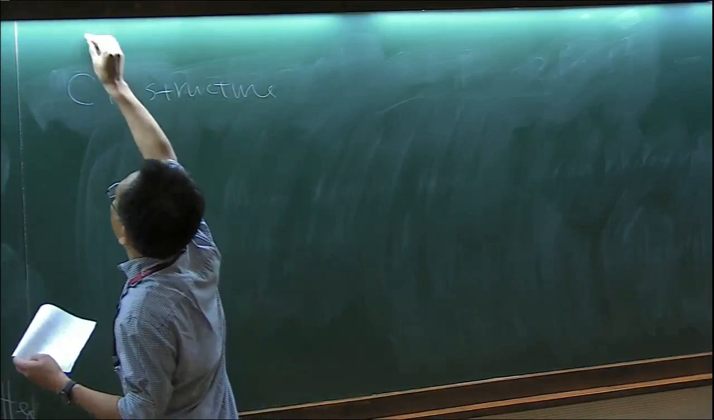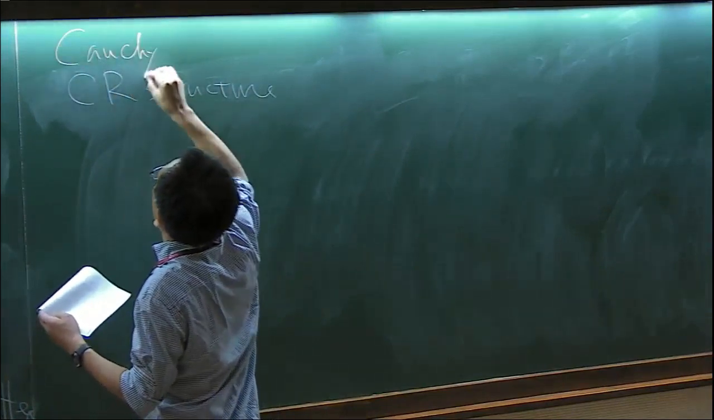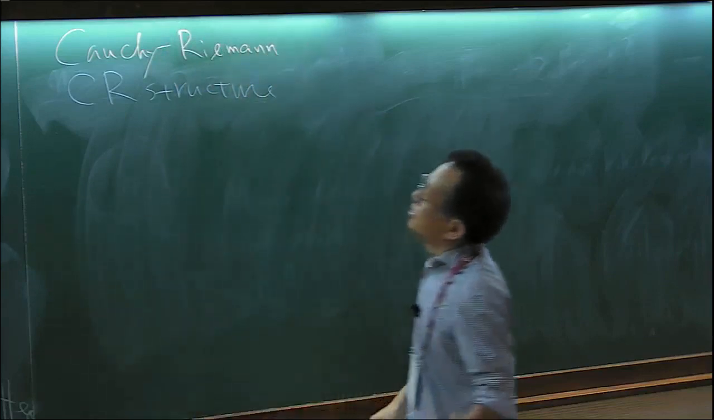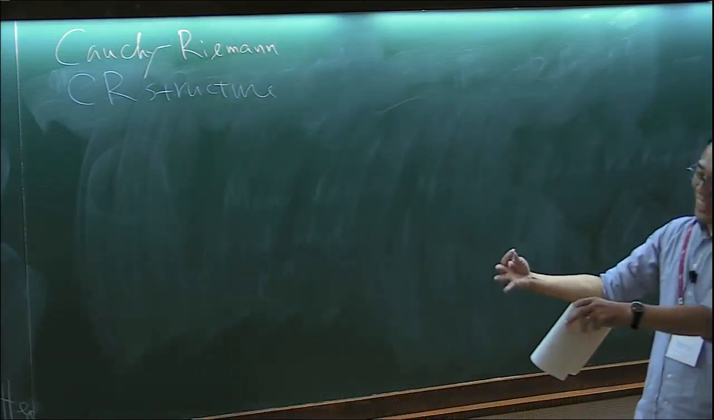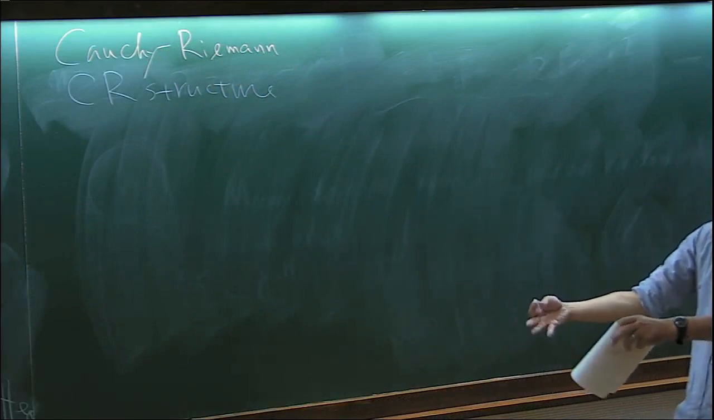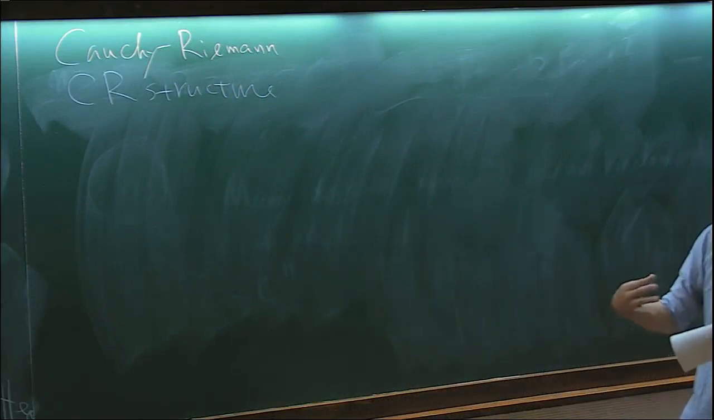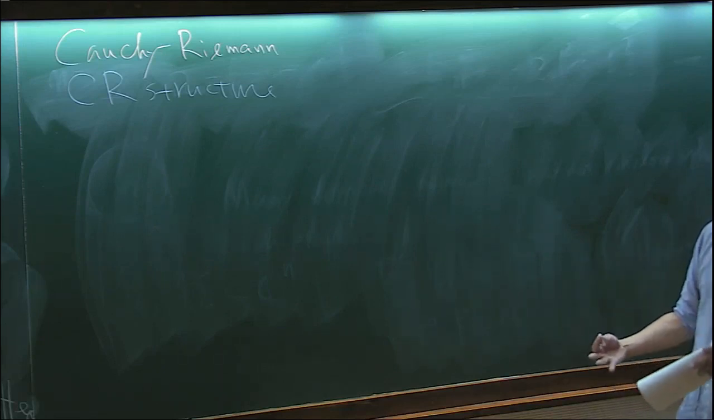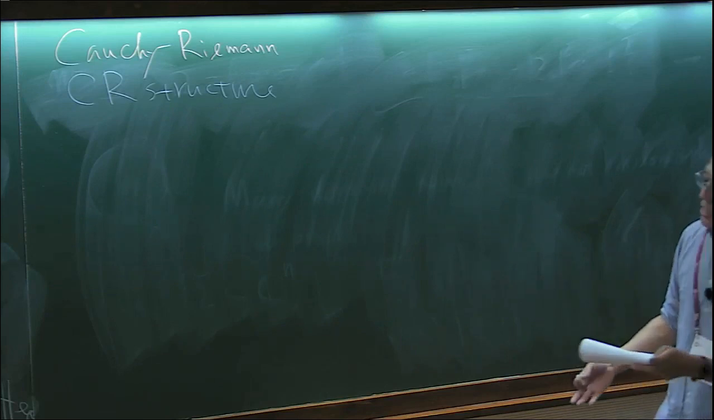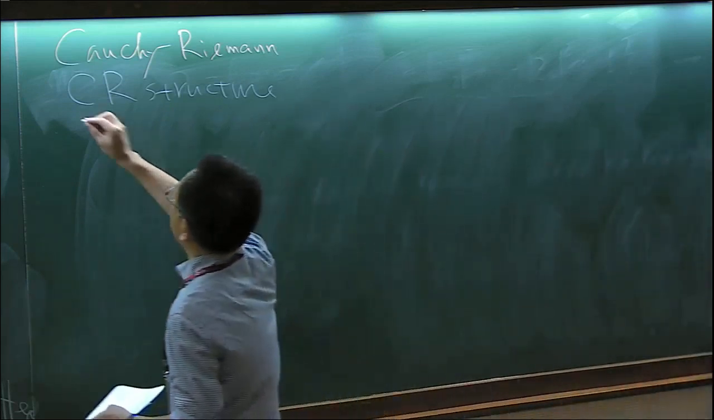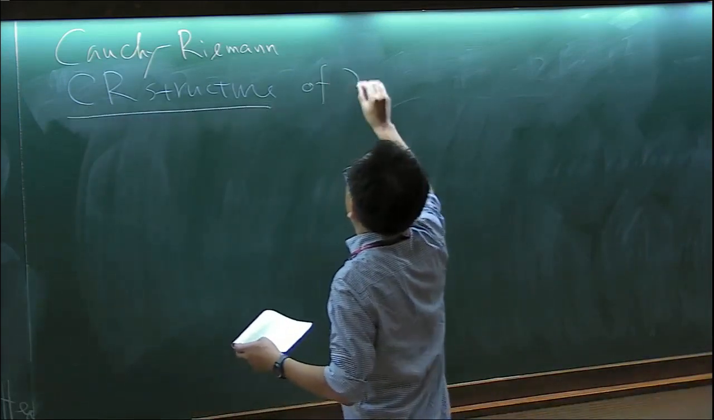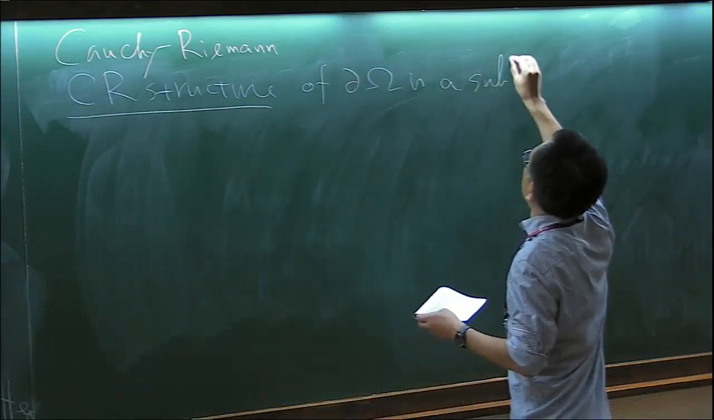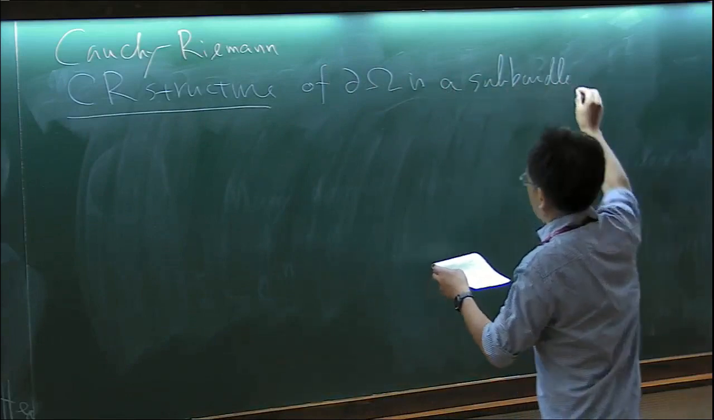CR stands for Cauchy-Riemann. There are Cauchy-Riemann equations inside, and if you take the boundary value, it is called the tangential Cauchy-Riemann equations, and one geometric way of stating that equation is this CR structure. So the CR structure of the boundary is a subbundle of